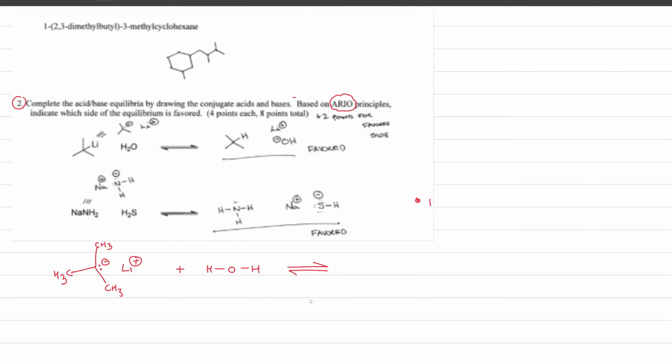Okay, number one, you need to find the acidic hydrogen. So where is it? The acidic hydrogen is the one that, if you're following ARIO, is on the electronegative atom. Yeah, the one on oxygen, this one. Now, once you do that, the arrow starts from the lone pair to the hydrogen, and then from the bond to the oxygen. That first arrow is showing we are stealing